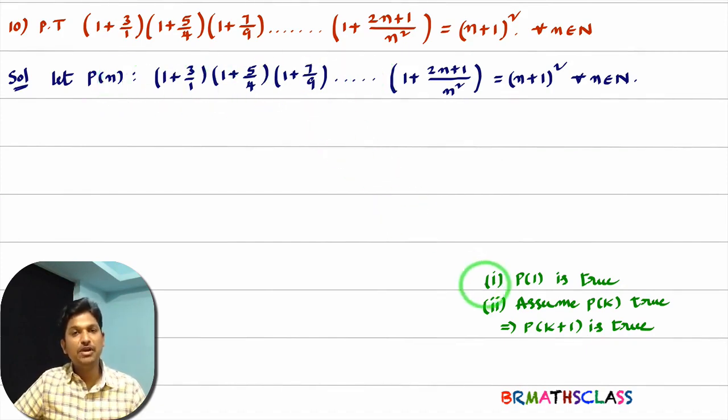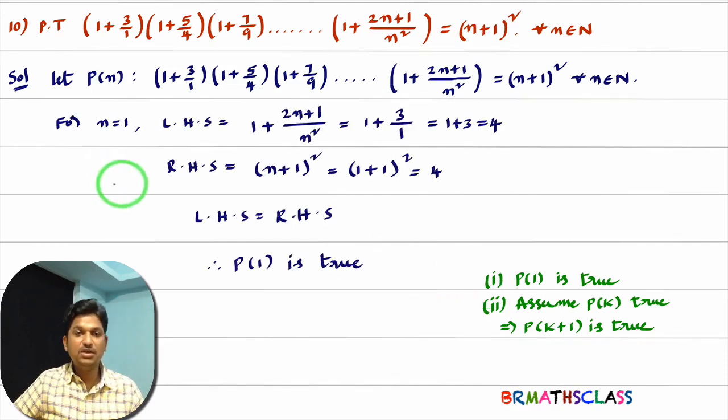After considering given statement as P of n, we need to prove 2 things. First one, we will prove that P of 1 is true. How to prove P of 1 is true? Let's see. You see here how I proved P of 1 is true. First, I consider n equal to 1. You take LHS, the nth term of left hand side part. You consider this. In this, wherever n is there you put 1.